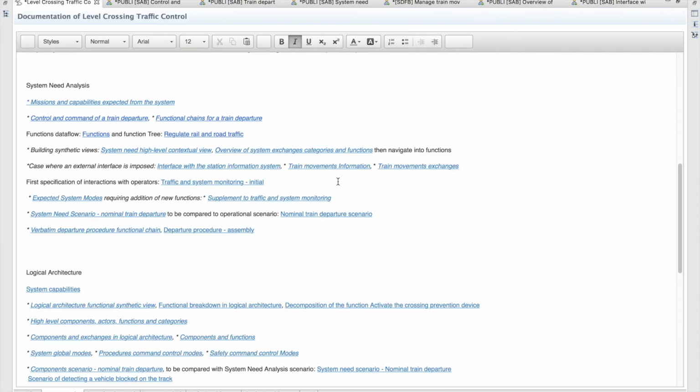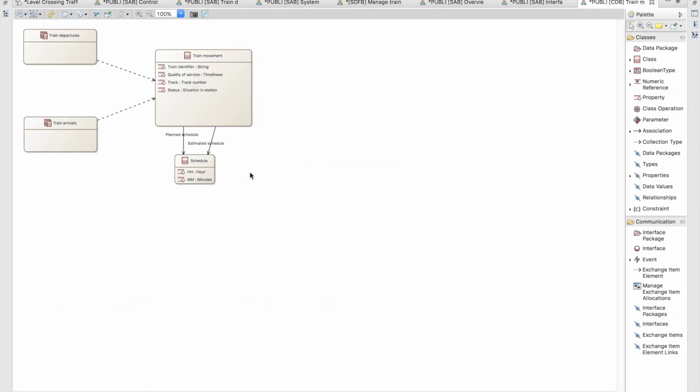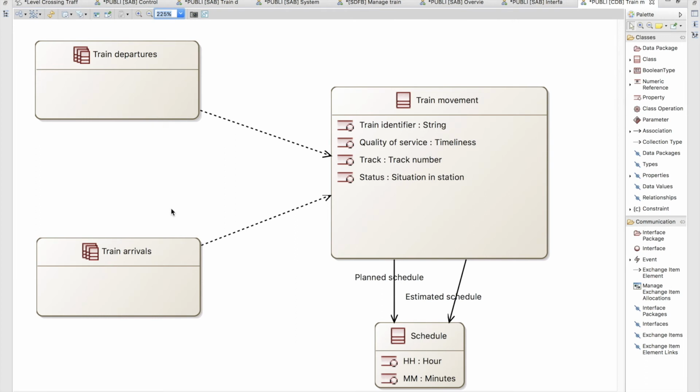But what is carried inside those different functional exchanges, for example? Let's have a look more precisely at the definition of the data format that is exchanged. So let's consider this one, for example. Here we've got the definition of the information that the station information system will deliver. So it delivers two lists, a list of train departures, another one of train arrivals, and each item in the list will be describing a train movement